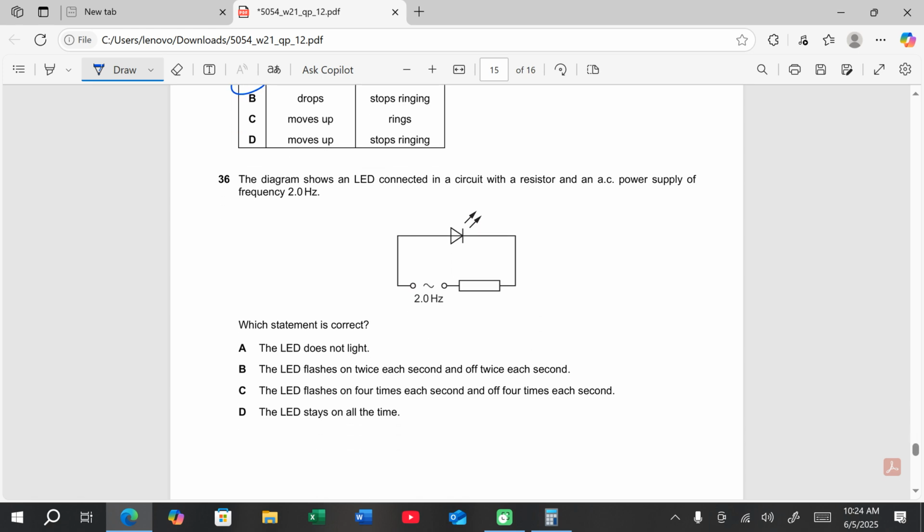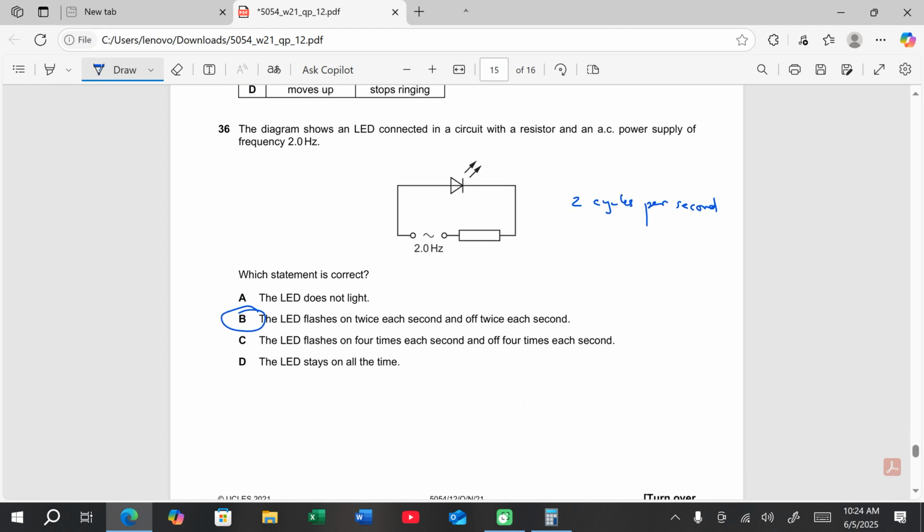The diagram shows an LED connected in the circuit with a resistor and an AC supply of frequency 2 Hz. Which statement is correct? Since it's 2 Hz, it means it is 2 cycles per second. 2 cycles of positive and 2 cycles of negative, right? So the LED flashes on twice each second and off twice each second. This is going to be the answer,